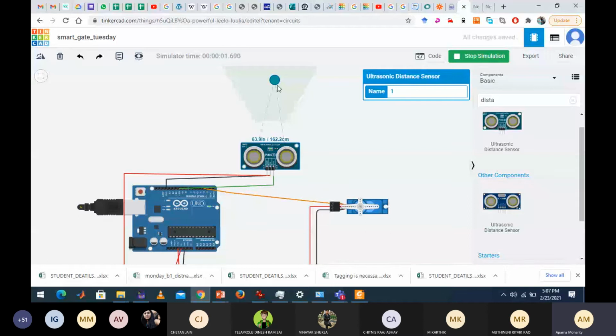The closer I get it, when it reaches 100, you see the changes in the servo motor. It starts rotating. But the moment it goes beyond 100, there are no changes.